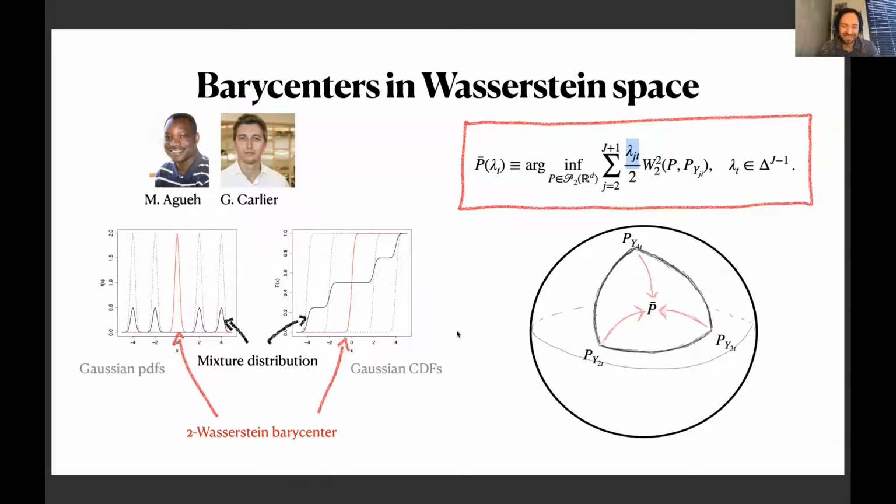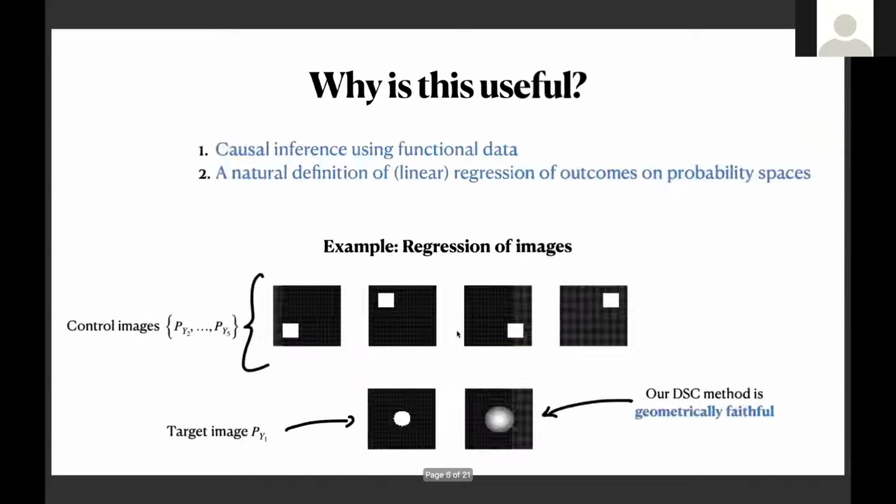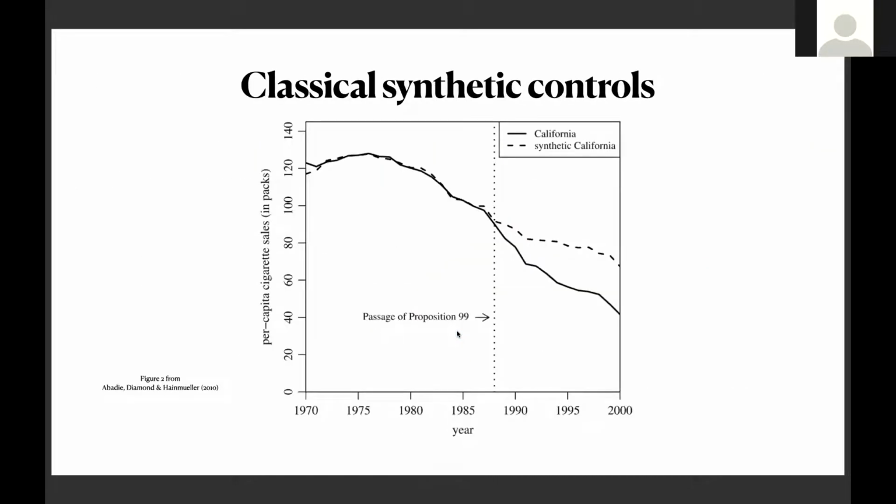Hi, Jesse. So I wanted to step back and understand a little better the economic motivation for going in this direction. So like in the Proposition 99 example, what would be the policy motivation for being interested in moments of the distribution of an aggregate like per capita cigarette sales beyond the first moment? I see what you mean. Yes. So you could be interested in the whole distribution. So maybe this per capita cigarette sales, if you don't want to have the average, but if you want to see a distribution over the population